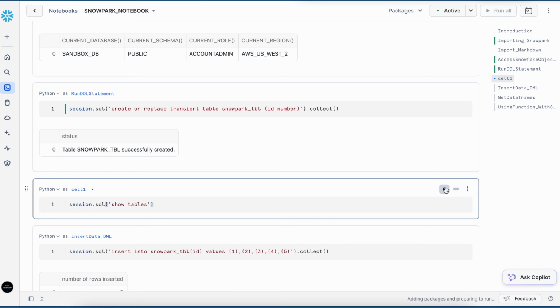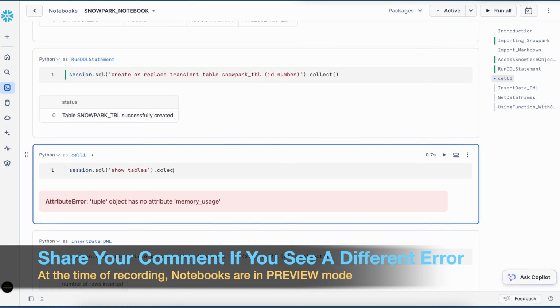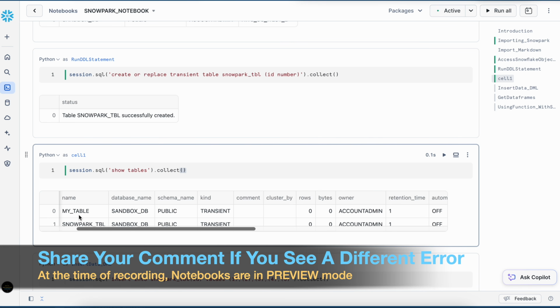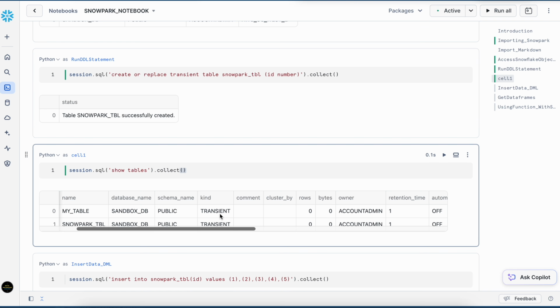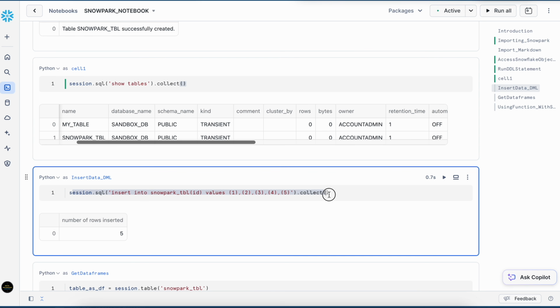Now let's see what happens. So it says object memory usage. Let's run. So if you see the result, my table is available as a transient table. Okay. Now let's try to insert some values here. So this is the statement where I'm trying to insert 5 records into my Snowpark underscore table,